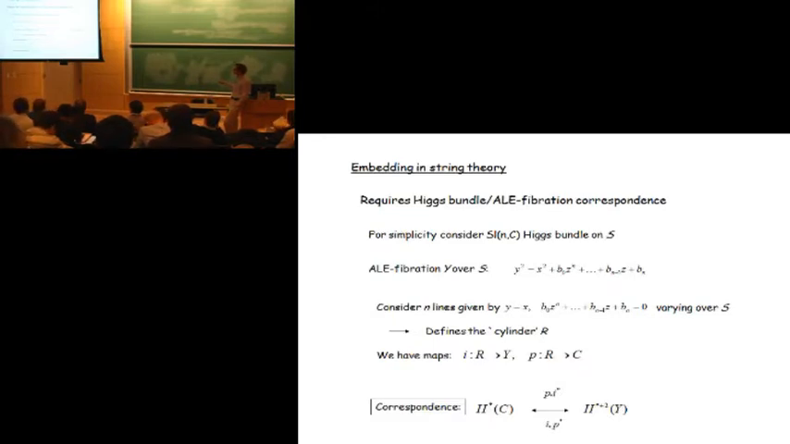So the cohomology of C gets mapped to a certain subclass of the cohomology of Y, up to a shift by +2, by these two maps, pi star, I star, and I lower star, B star. So you can map between these things. And this map's holomorphic. And so the idea is that given a Higgs bundle, I can construct an ALE fibration,